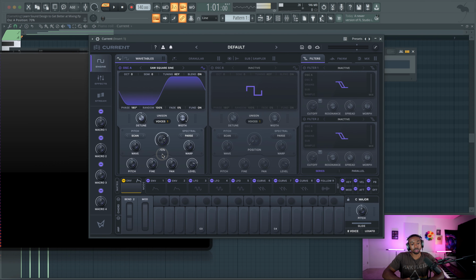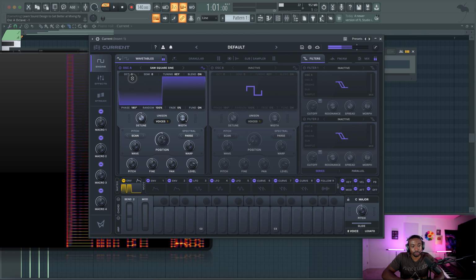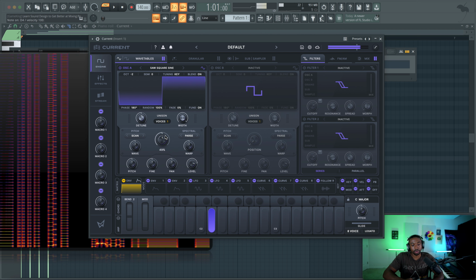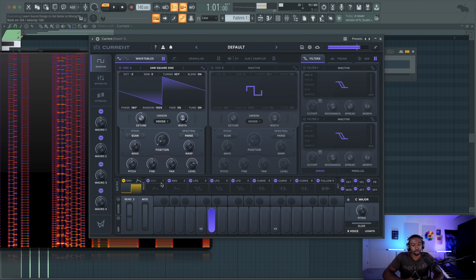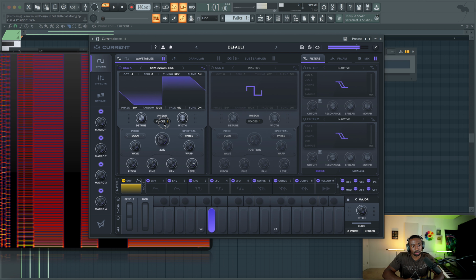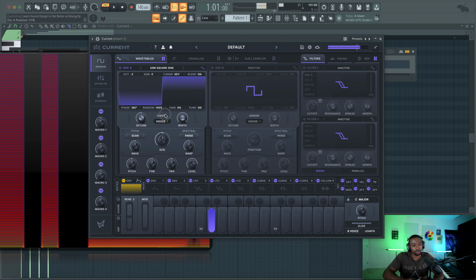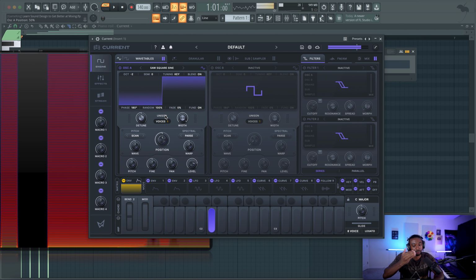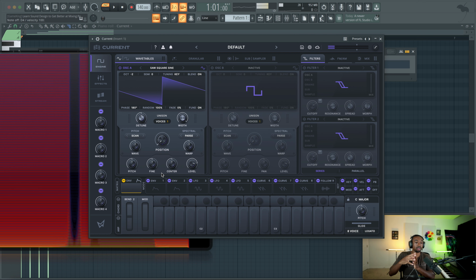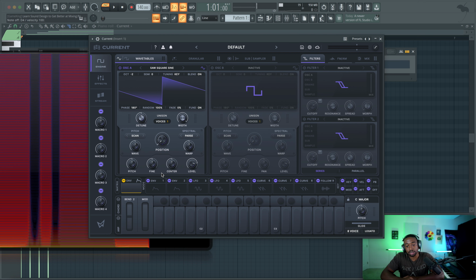So for example, here's a square wave type of bite. It's very crunchy and video game-esque. Okay, that's what a square sounds like. Now if we switch it to a sawtooth, it's a little more open, it's a little more breathable. Whereas a pulse is a little more filled out. You hear it's filled out with more tone. Sawtooth is bitey, but it's a little more breathable. That's the way I think about the difference.